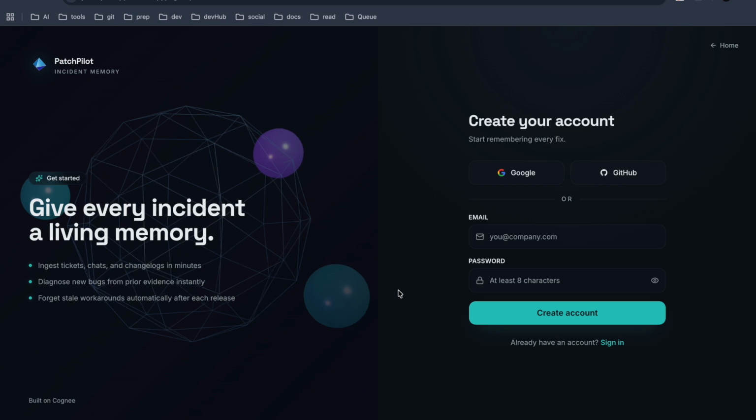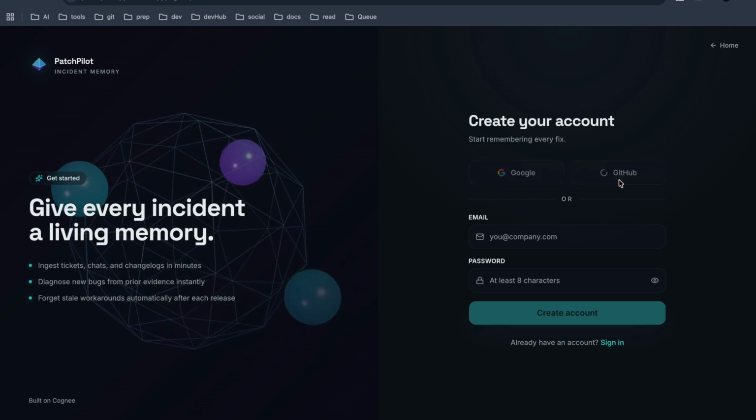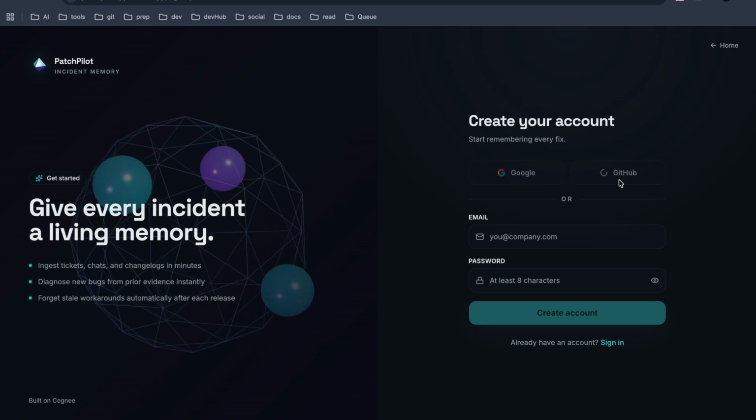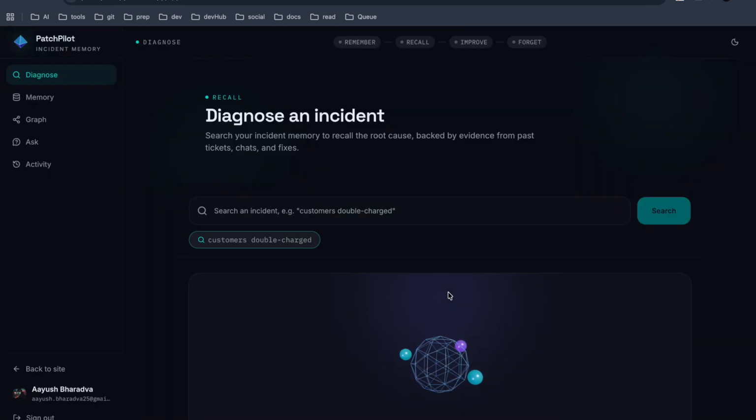So here is the auth page. I will log in with GitHub. Here you can just authorize with GitHub, and it might take a few seconds to complete. And here we are. So here you can see the four pillars of Cogni on which Patch Pilot